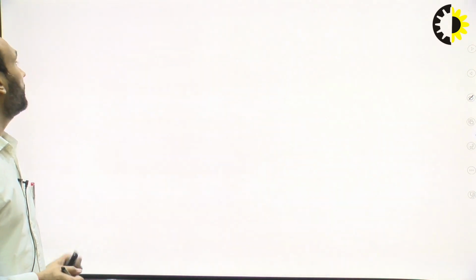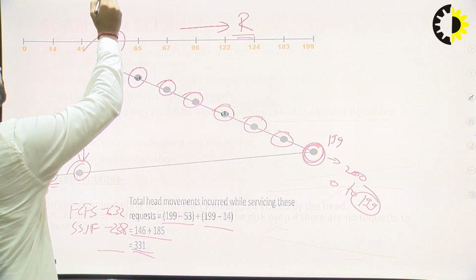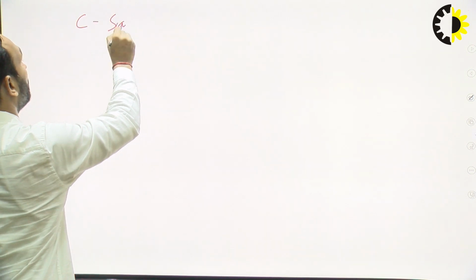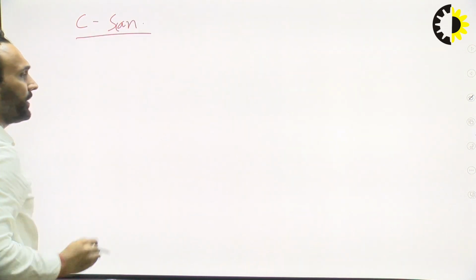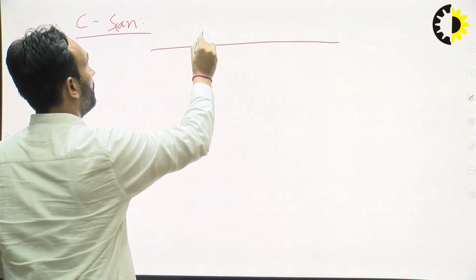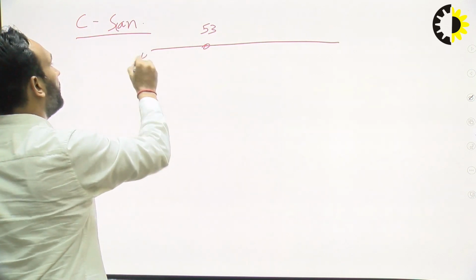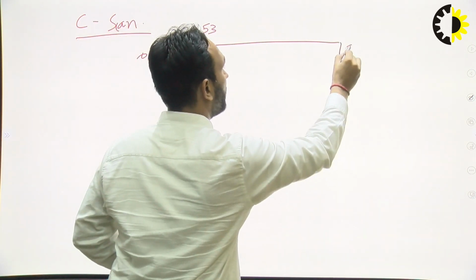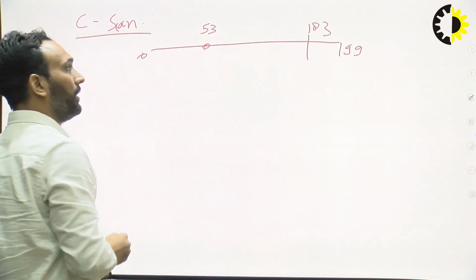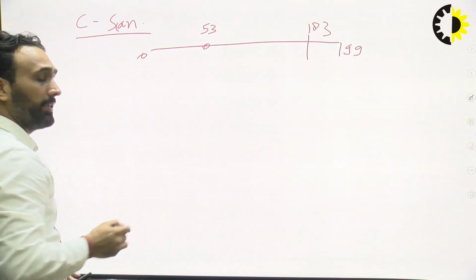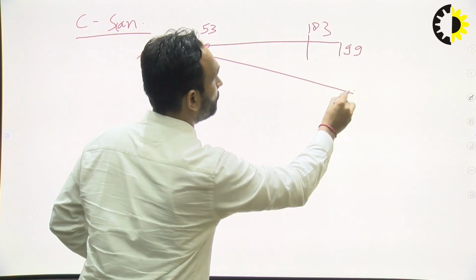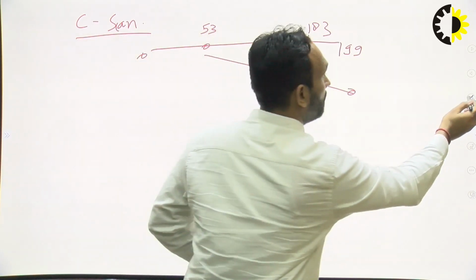And another method is C-SCAN. What is the basic difference between SCAN and C-SCAN? In this method, for example, the head location is 53, the addresses run from 0 to 199, and the last request location is 183. So in the previous method, the SCAN method, it will move from 0 to 199,